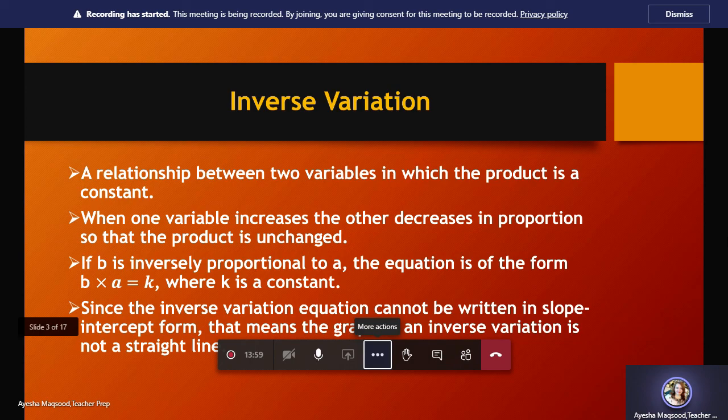So if they say that y varies inversely as x, y being the first variable will be written on the left side, then you can write equals to k divided by the second variable, which is x. So the equation will become y equals k upon x. And k we have calculated, you can see from the table, that it's 24. So the equation can be rewritten as y equals 24 upon x.